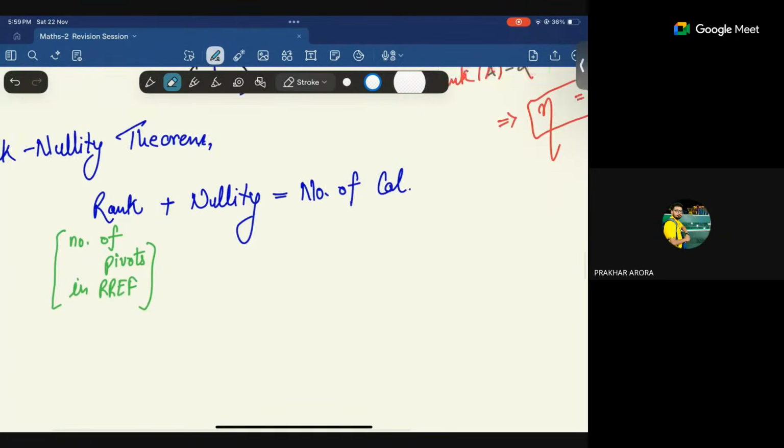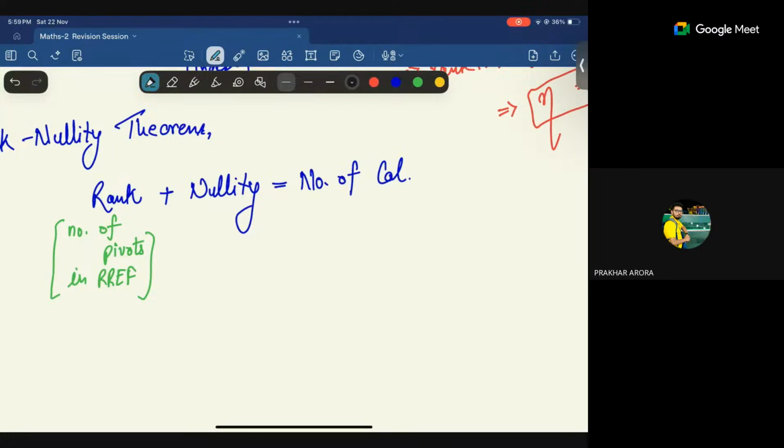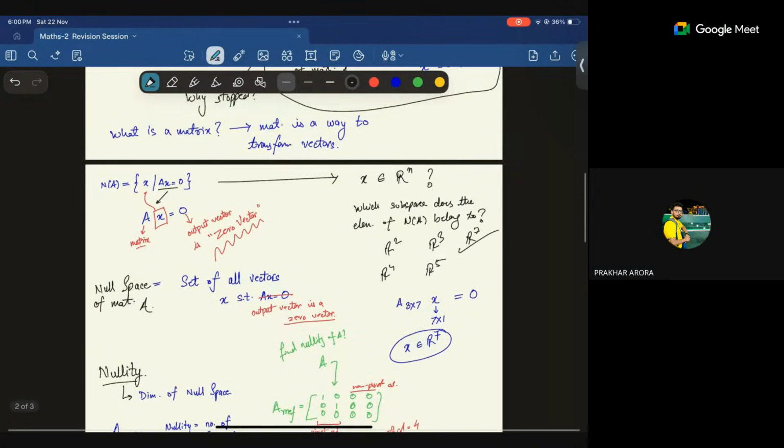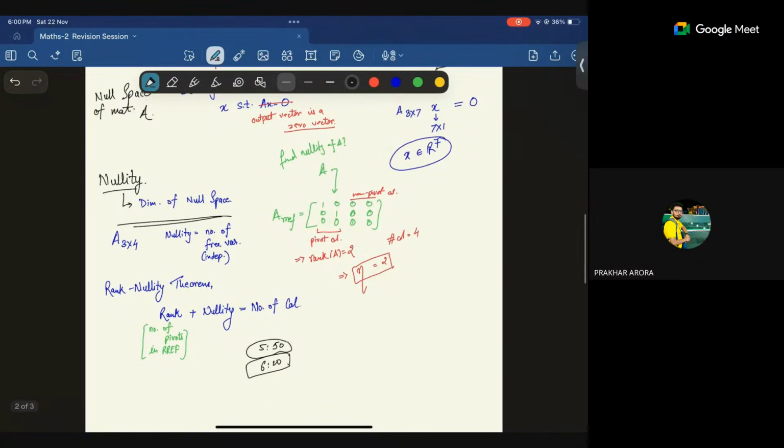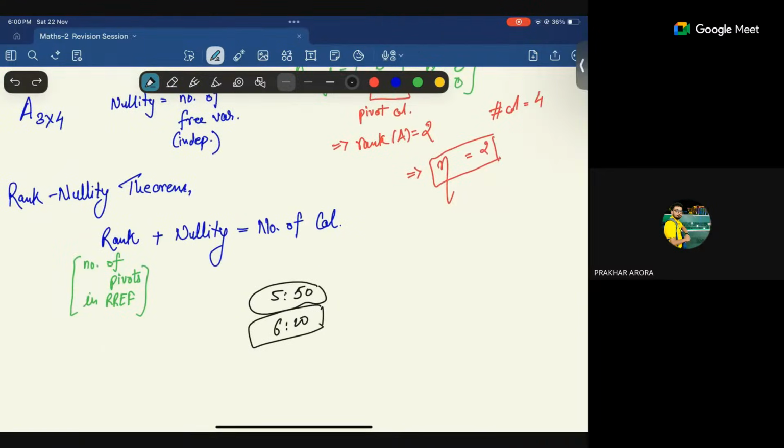We stopped this discussion of the concept of foundations at 5:50, and it is 6 right now, and in 10 minutes we completed two very difficult things: the size of the null space and the dimension of nullity. Everything will finish in just 10 minutes now. This first hour was indeed the heaviest one. So is this thing clear?